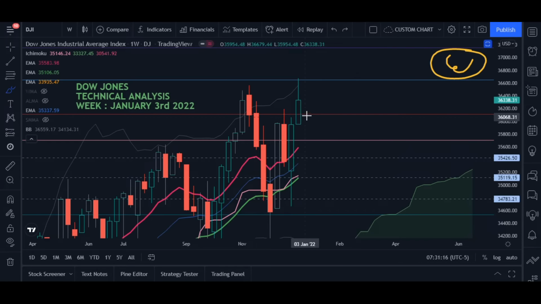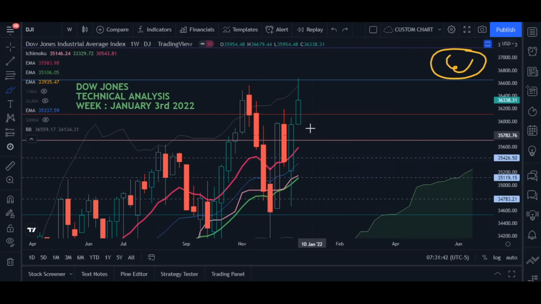Now let's do the technical analysis here. First we have the Bollinger Band. If you see this is the upper band of the Bollinger Band, the market has crossed the upper band, formed an all-time high, and then it came down. And we have the median of the Bollinger Band. So the market is in between the upper band and the median, which means the market is bullish.